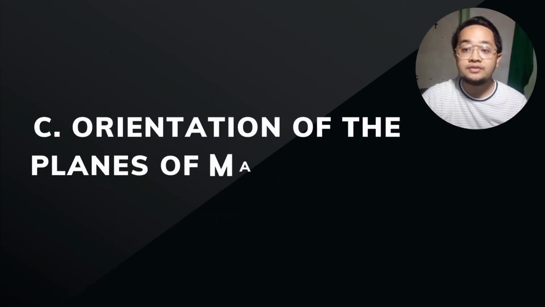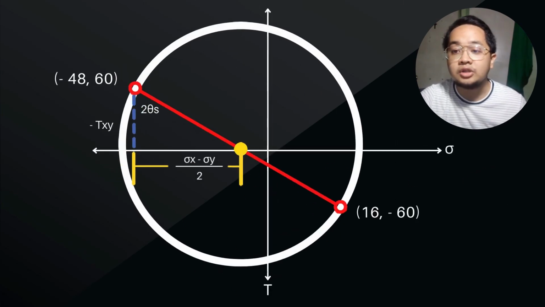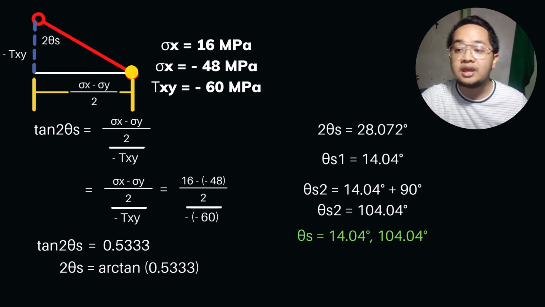For letter C, let us find the orientation of the planes of maximum in-plane stress. We have another right triangle with two sides with the length negative txy and normal stress x minus normal stress y all over 2. We can get the value of the angle theta s by using the trigonometric identity tangent, which is again opposite side over adjacent side of the angle. The opposite side is the normal stress x minus normal stress y all over 2, and the adjacent side is negative txy. Substituting the values, we get tangent of 2 theta s equal to 0.5333, and so we get the arctan of 0.533,